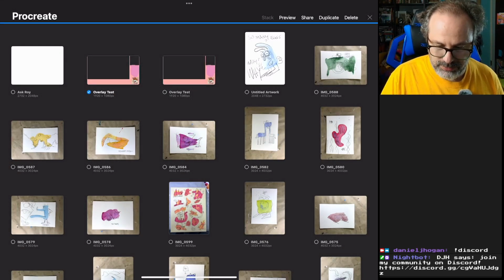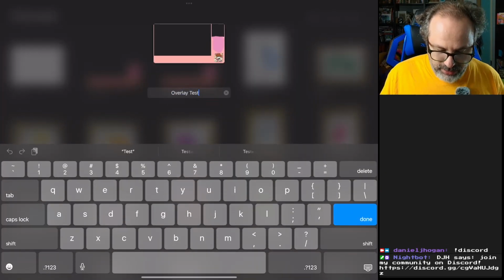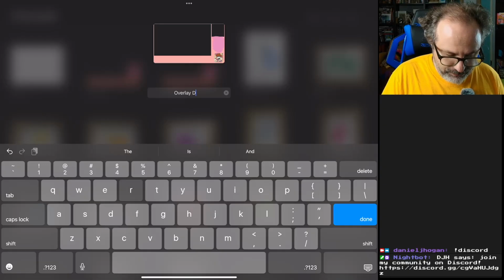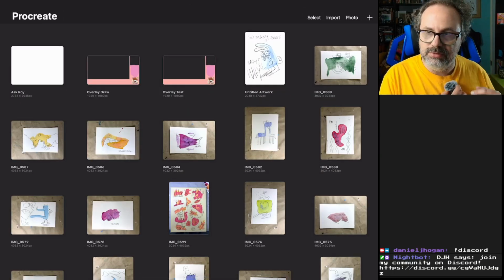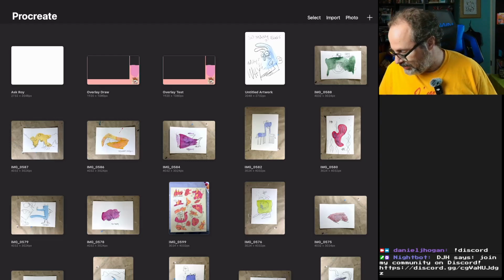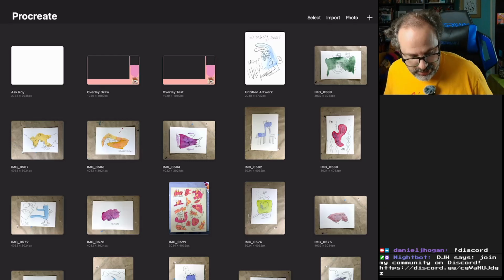Let's just, whoops. Some of the interface things about Procreate still kind of, I don't want to say get on my nerves, but are a little awkward for my taste, but